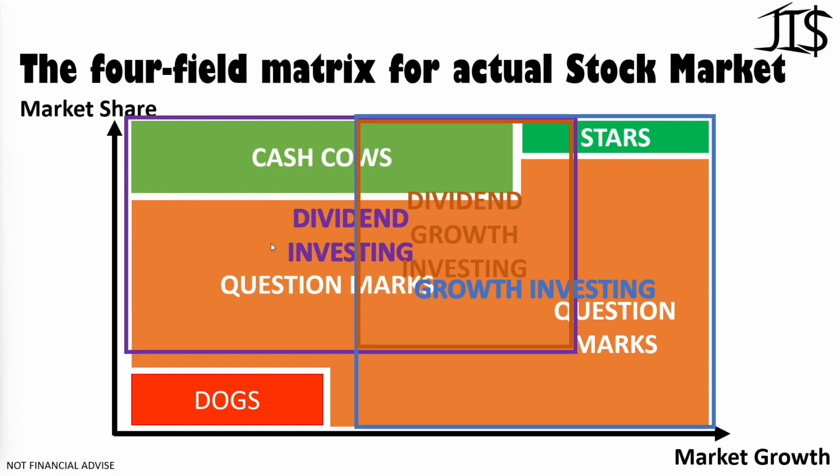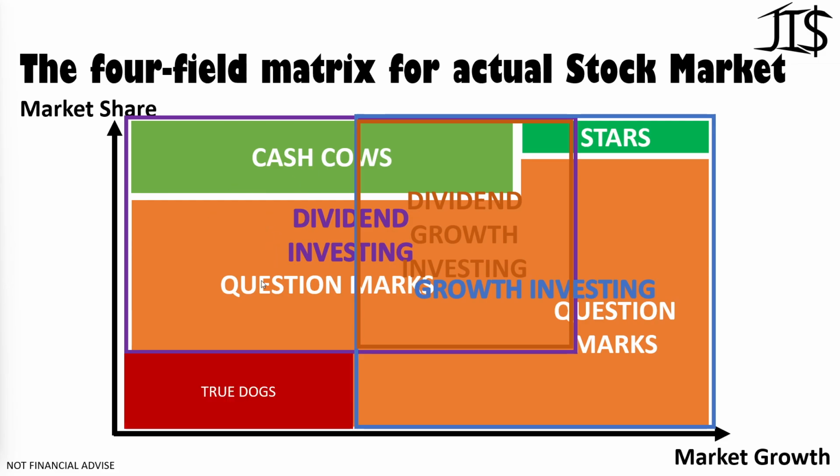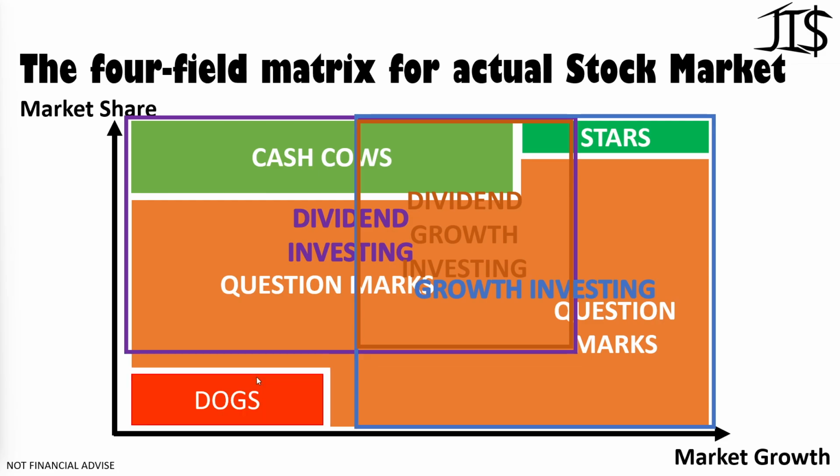And for some people, a company that is in this region for one guy is in this region for a girl. So it all depends on how you look at companies, but yeah, you get the picture. The thing is just stay away from true dogs, and you see the difference. You have a question mark region, which is the buffer in which you are actually able to sell the company